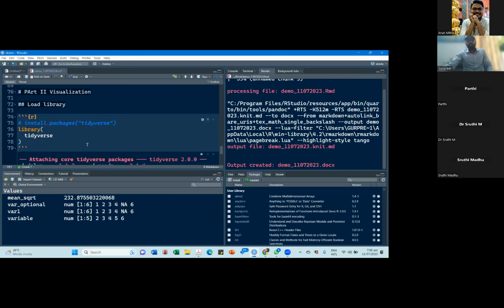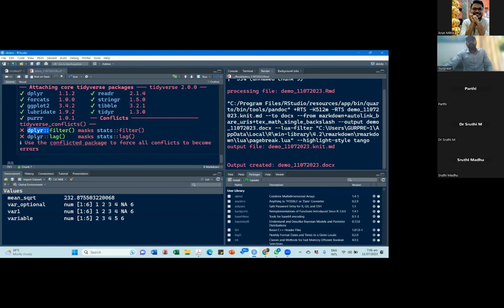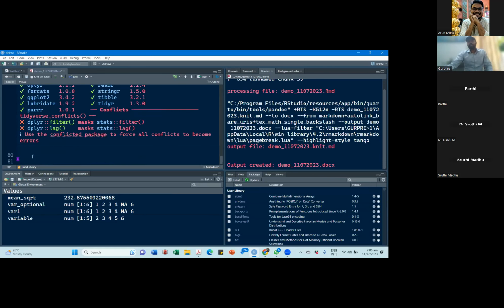Okay. After loading library, what else? What next do I need to do? Sir, but this conflict, it comes automatically, no? We cannot change that. Yeah, these will come automatically